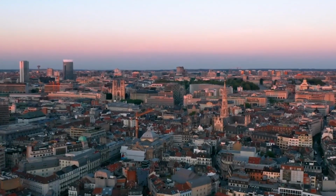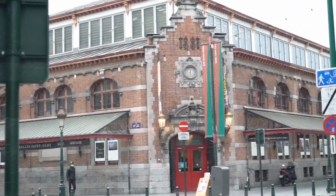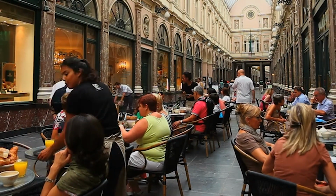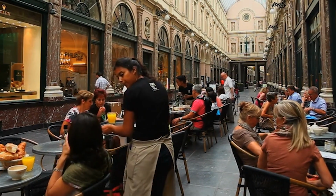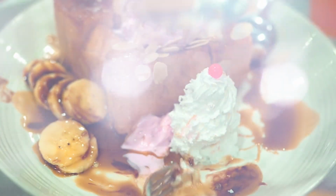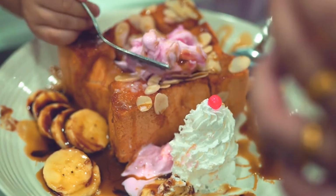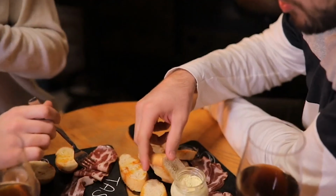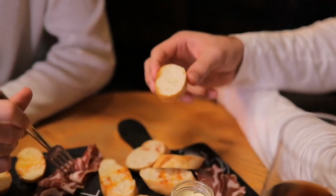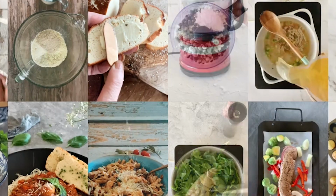Wrap up your whirlwind journey through Brussels with an unforgettable evening in the bustling Saint-Géry district. This vibrant quarter, pulsating with life and local flavors, is the ultimate destination for a culinary adventure steeped in Belgian tradition. As the sun dips below the horizon, prepare to indulge in a feast that encapsulates the essence of Belgium on a plate. Saint-Géry, renowned for its dynamic atmosphere and culinary diversity, is the perfect backdrop for your last dinner in Brussels. Here, amidst the historic charm and contemporary buzz, traditional Belgian eateries welcome you with open arms and a